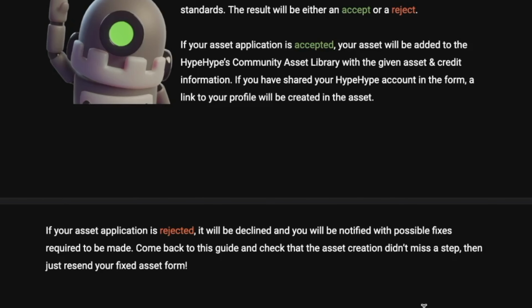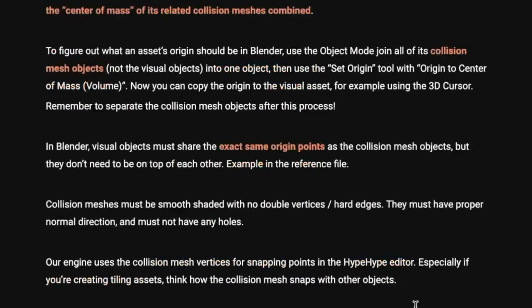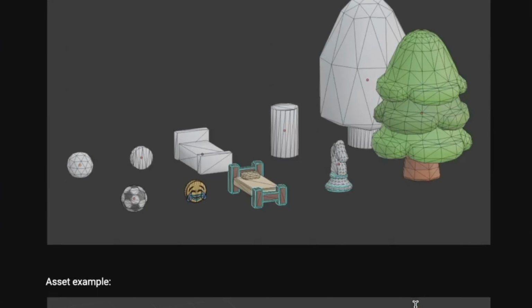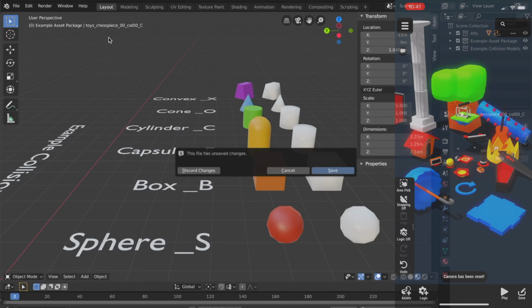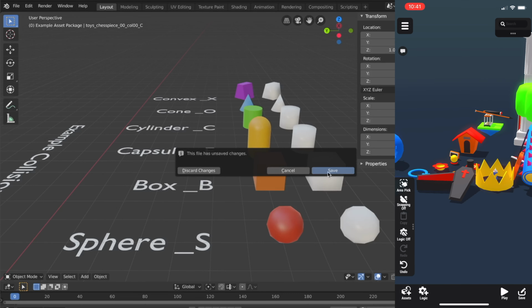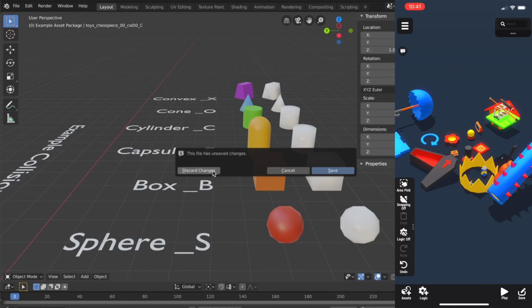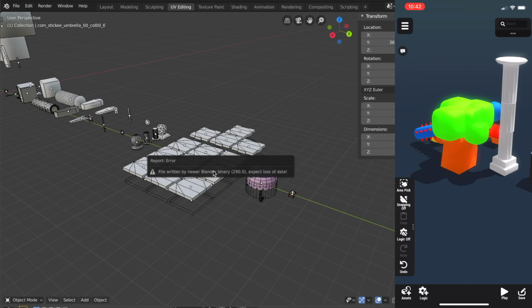If your asset application is rejected, it will be declined and you will be notified with possible fixes required to be made. Come back to this guide and check that the asset creation didn't miss a step, then just resend your fixed asset form. That is a lot of steps. It does seem straightforward, but then a lot of hoops. If you enjoy making assets in Blender, submitting them to HypeHype is a great way to get those assets used in games